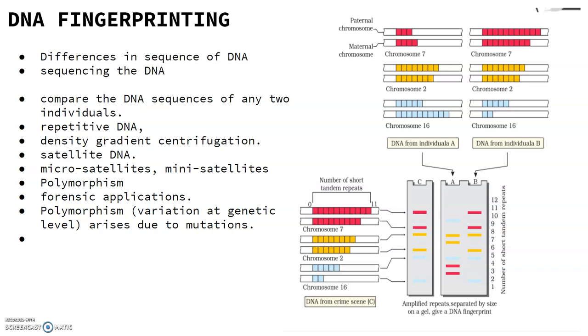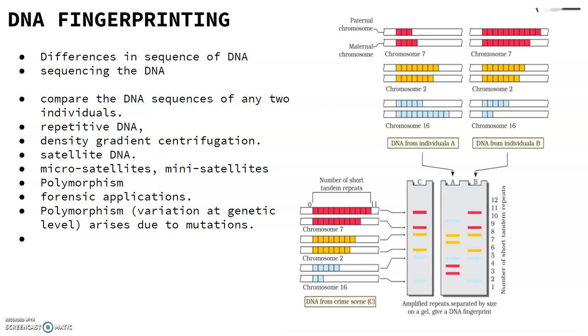Good morning. Today we'll study DNA fingerprinting. Now, we know that 99.9% of the base sequences among humans are the same. The human genome is 3 x 10^9 base pairs, so in how many base sequences would there be differences? Differences in the sequence of the DNA make every individual unique in their phenotypic appearance.